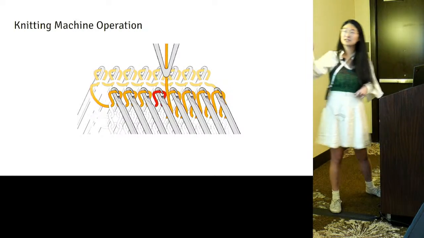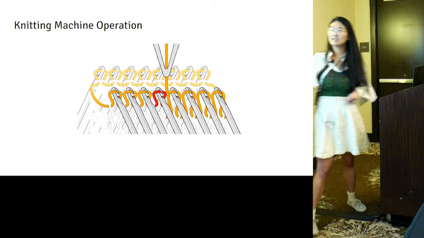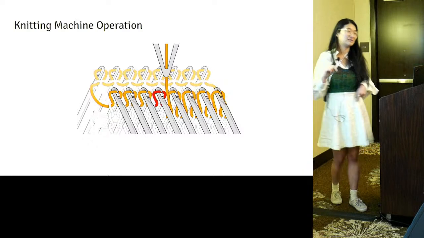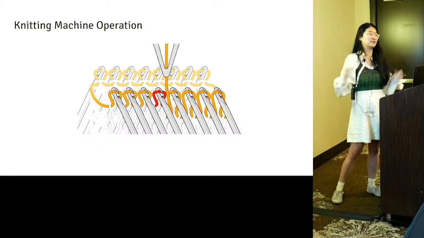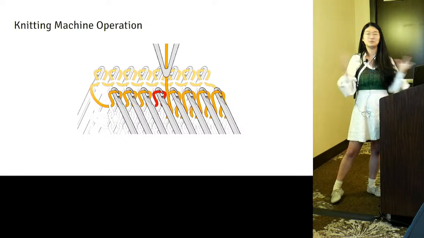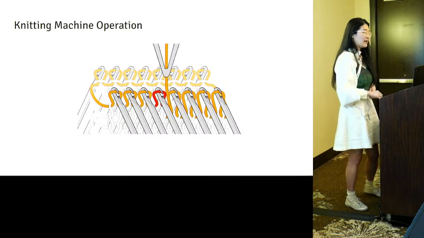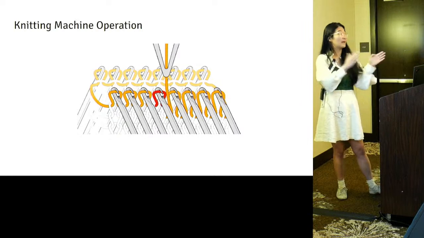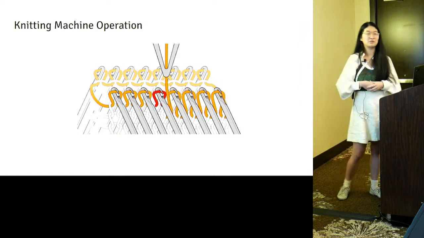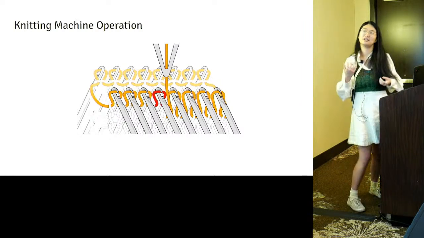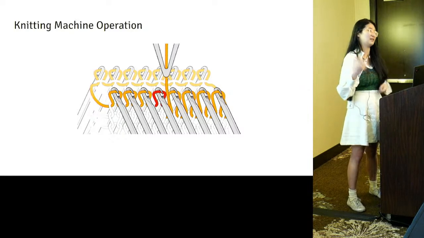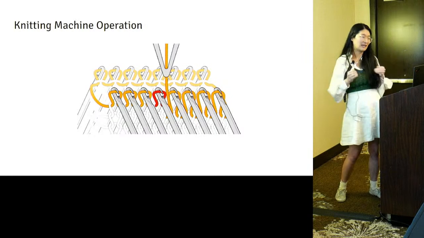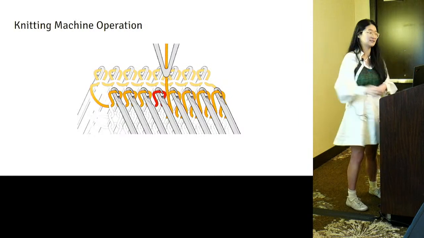Then we have these things called carriers. That's the second important concept. Carriers, like that little triangle here, dispense yarn, and each carrier can hold a different yarn. So you can have as many yarn colors as you have carriers on your machine. And then the last thing, which isn't pictured, is called a carriage, which moves back and forth across the needle bed. You might be wondering how the needles actually move up and down. What actuates them? The answer is the carriage, which is moving back and forth, pushing the needles up and helping them to retract, and that's causing the needles to actually knit.